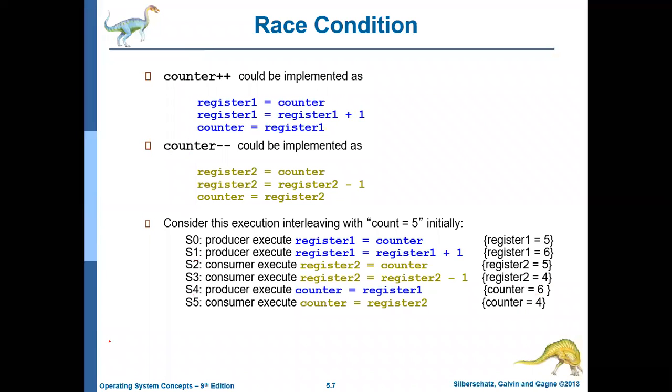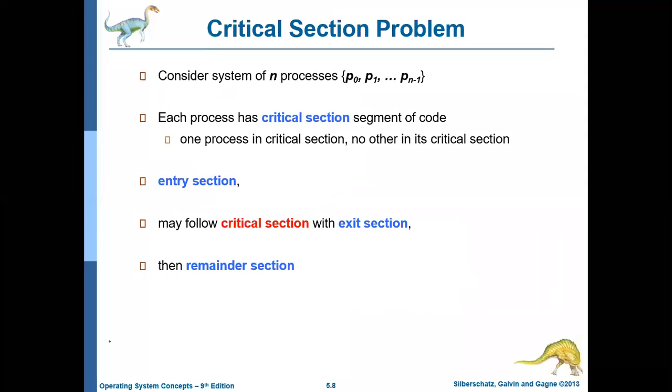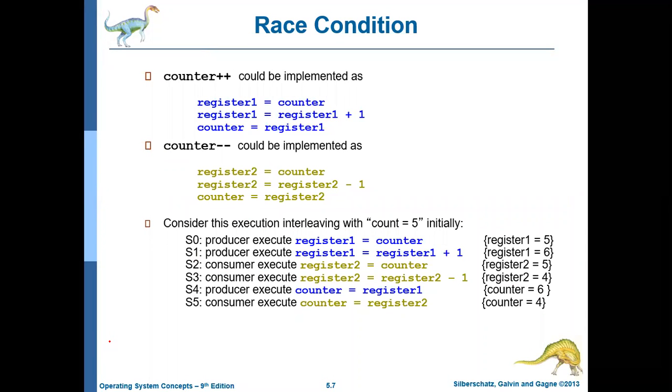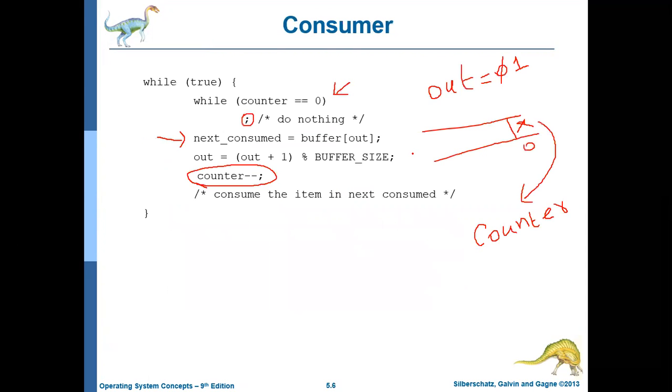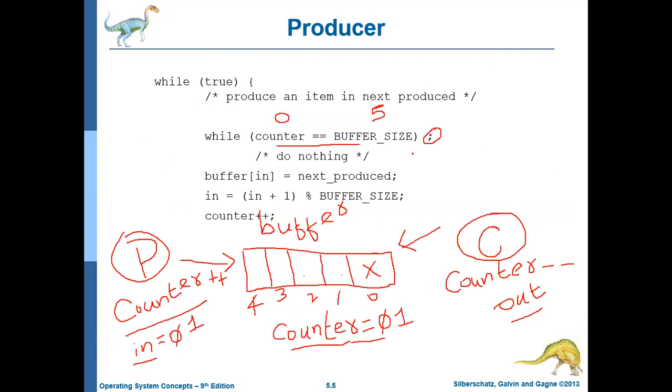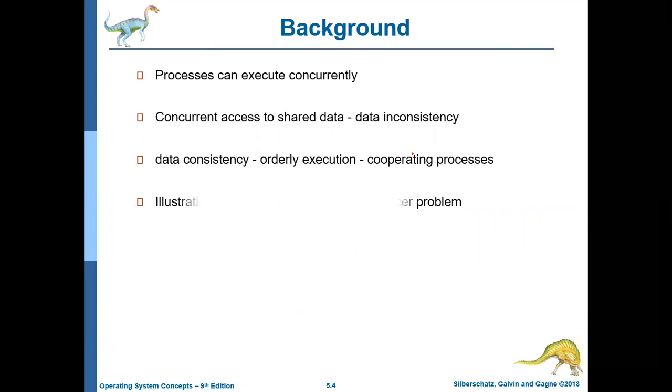This is the problem that happens if multiple processes sharing a common data item are allowed to execute concurrently. Let us stop here and we will continue from the next session. What we have discussed is the introduction to process synchronization and the need for process synchronization. If processes are not synchronized and they share a common data item, it may lead to a problem called data inconsistency, and we have discussed that with an example using producer consumer